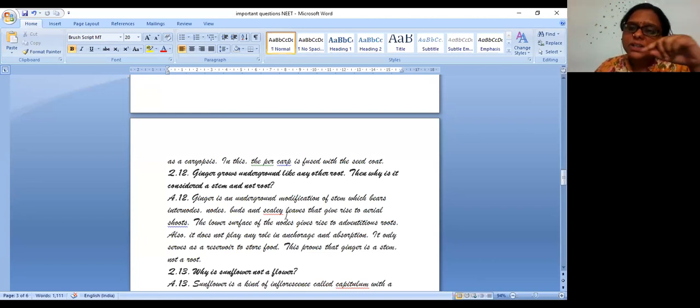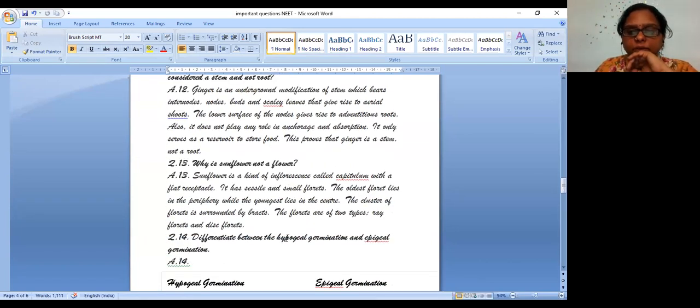These things are important, students. These questions are important because now they have changed the NEET pattern. You have more assertion-reason type of questions. You have more options which are explanatory ones. The MCQs are actually in a more explanatory form, and you have to select the best one in that form.